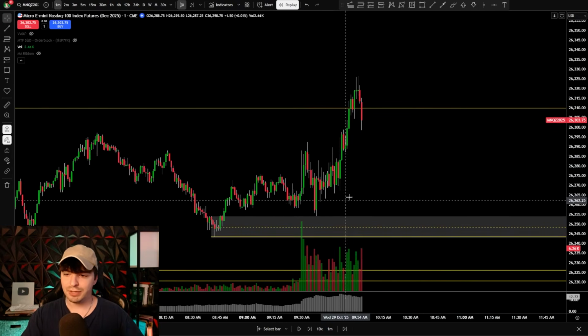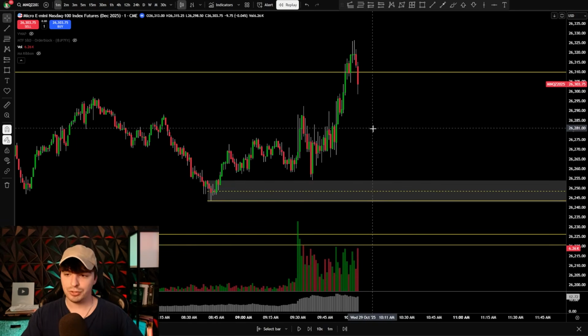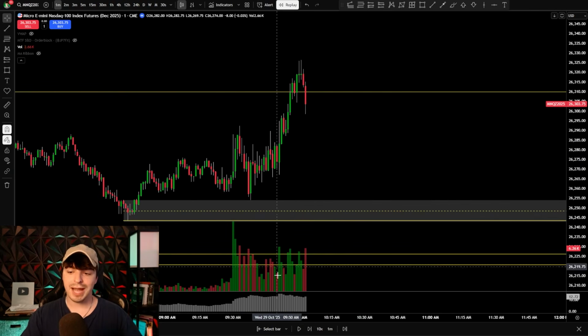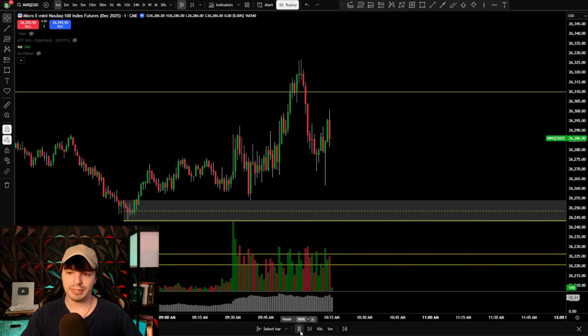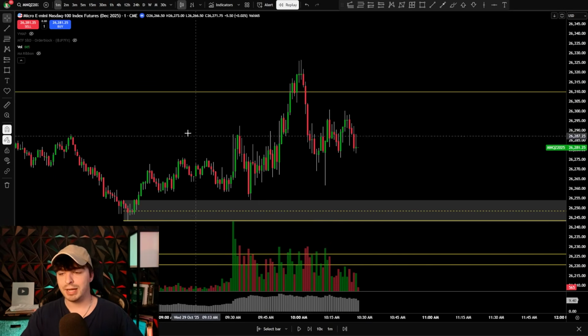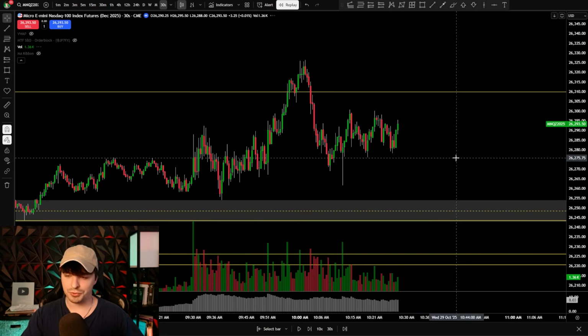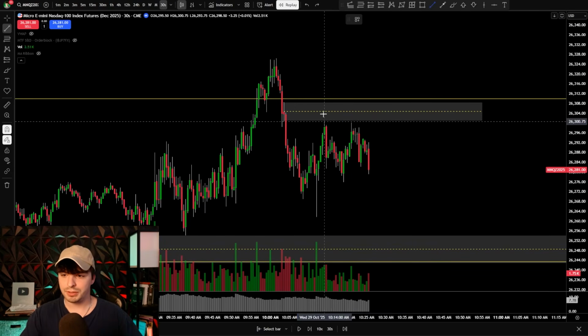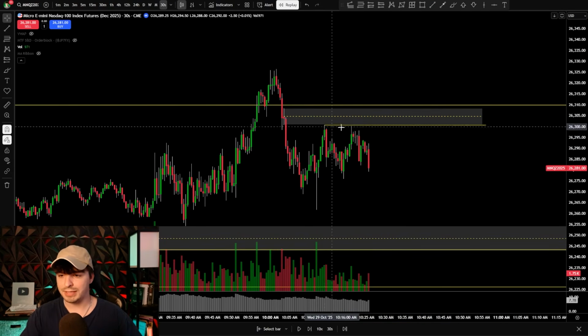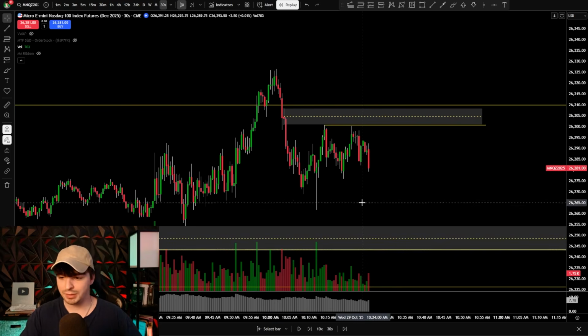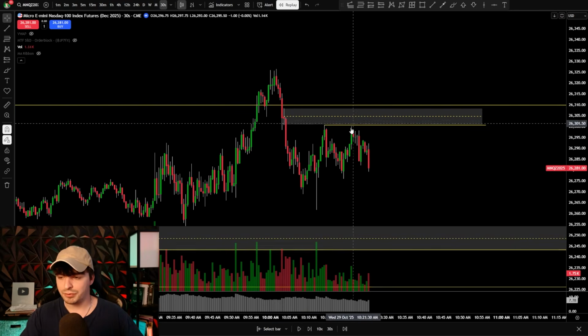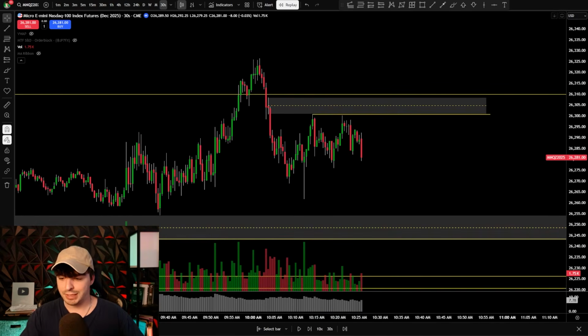Okay, so even though this thing looks like an uptrend right now, we know that actually this thing should probably continue to the downside, okay? So now I'm going to look for a bearish order zone. And so that order zone is going to look something like this, right? We have a double top, we have our area of supply, and we are going to look for shorts outside of this zone. So let's see what happens when we get into that area.